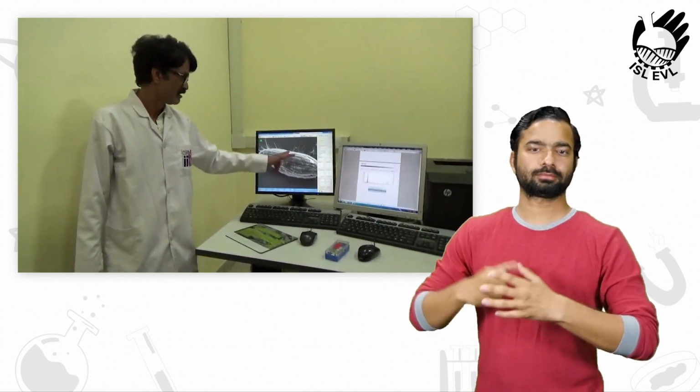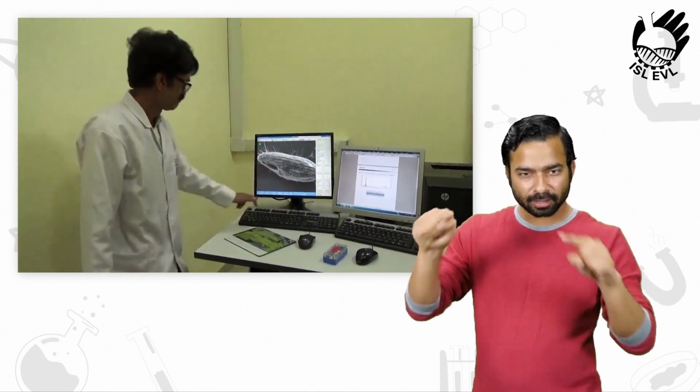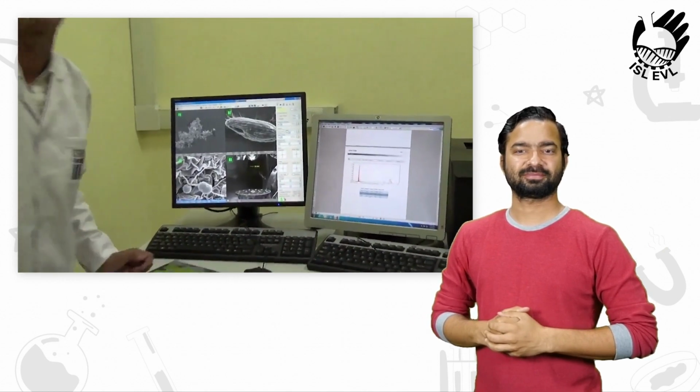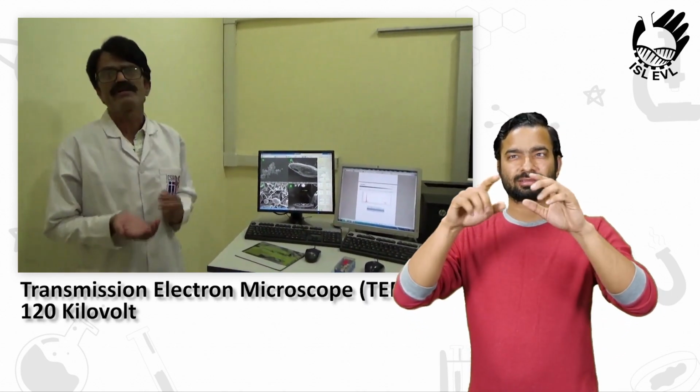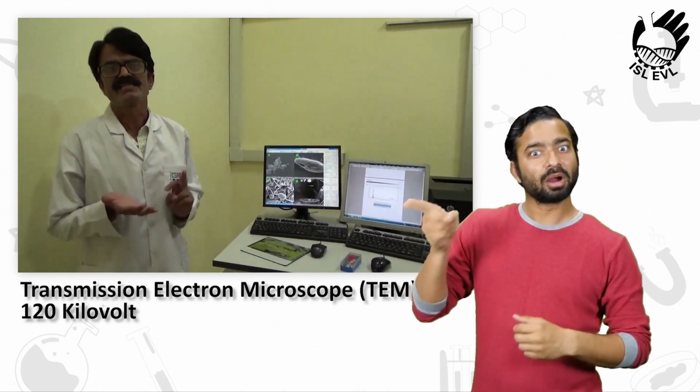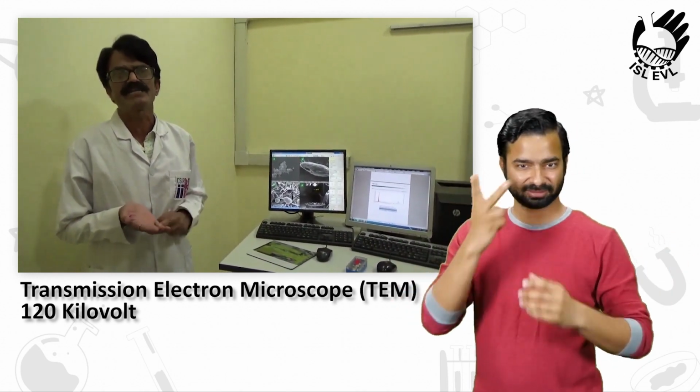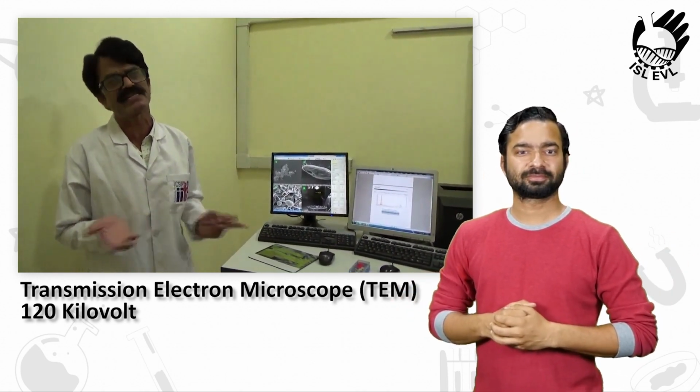These are some other samples. This is the tetrahedral sample. We can see the surface morphology here. It's a mouth organ, a locomotion organelle is there. And this is a fungal sample. You see the fungal spores here. So a variety of materials can be analyzed by the scanning electron microscope. This machine is used for shape, size, surface morphology, as well as the elements present in the specimen, which can also be analyzed very easily.